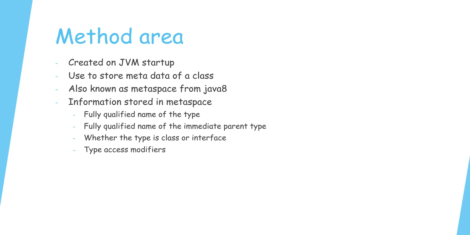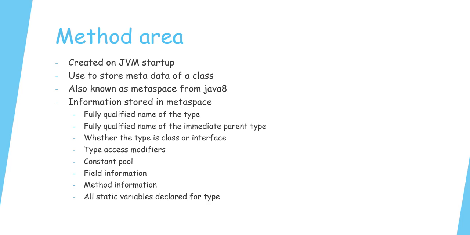In addition to the basic information, the class loader also stores information like the constant pool, and field information: for each field defined in a type, it stores the name of the field, the type of the field, and the field modifier. The field modifiers can be public, private, protected, static, final, volatile, and transient. It also stores the method information. For every method declared in a type, it stores the method name, method return type, and number and types of method parameters in order. Method modifiers can be public, private, protected, static, final, synchronized, native, or abstract.